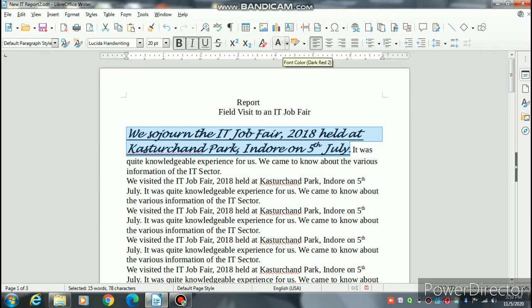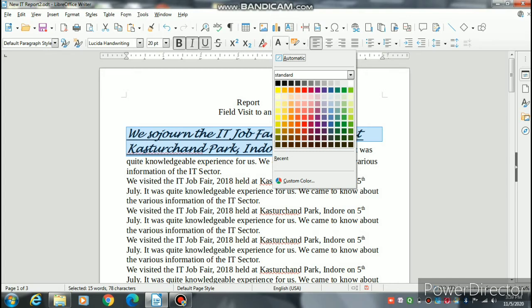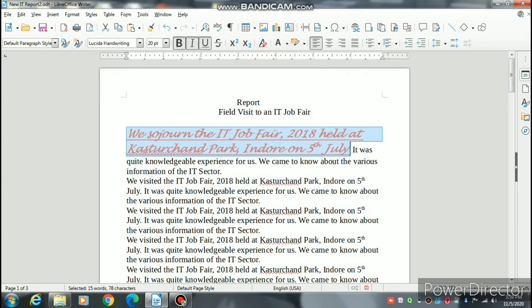You can see here one big A. When you click over there, you will get the colors. In this way you can change the font size, type, style and color. This is the common text formatting.